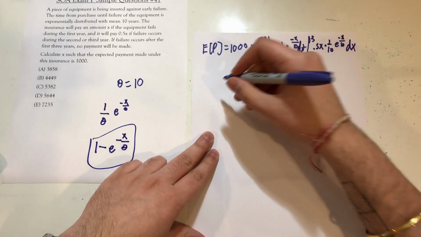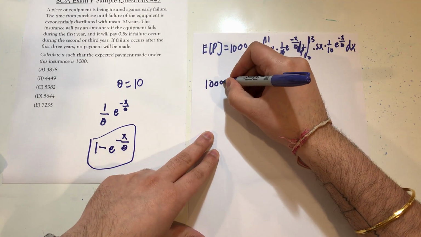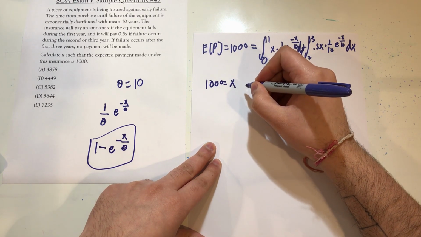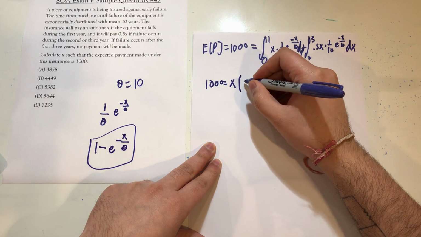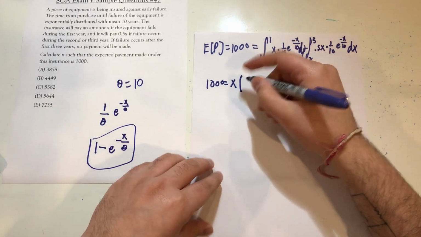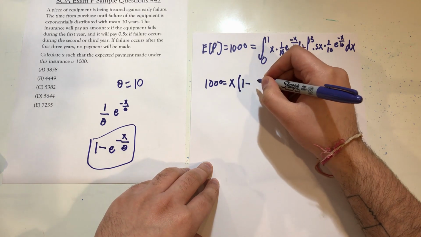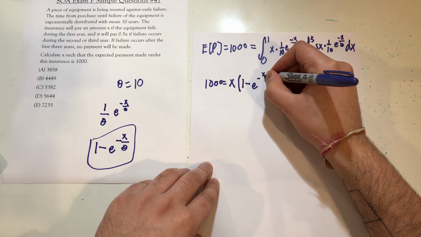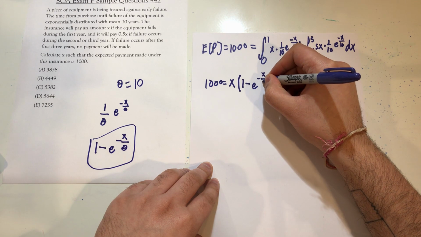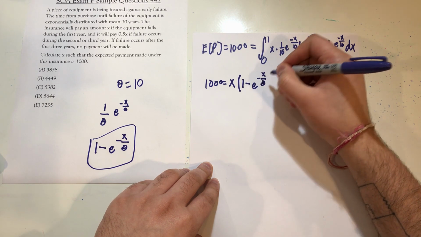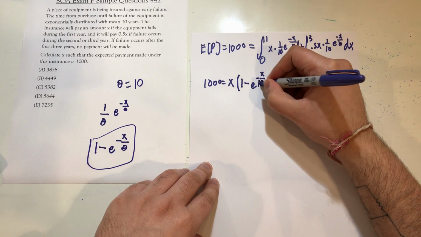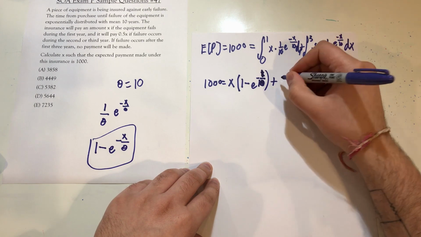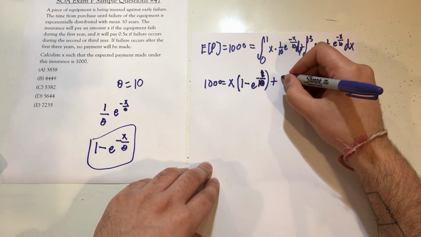Okay? So this 1,000 should now be equal to the payment for 1 year, x, multiplied by the probability that I'm within that 1 year. That should be just the CDF of being all the way up to 1: 1 minus e to the negative x over theta, or in this case, 1 over 10. Plus the payment for being in between years 2 and 3. So that's going to be